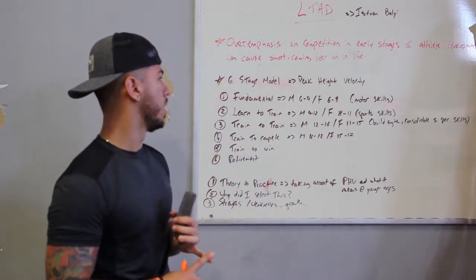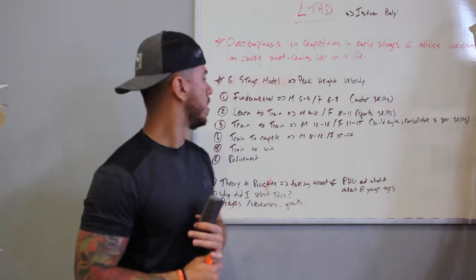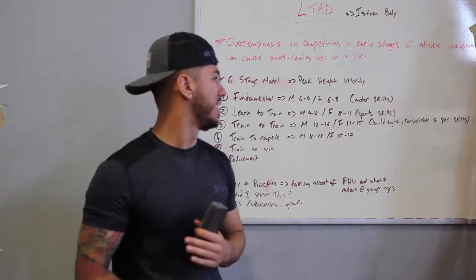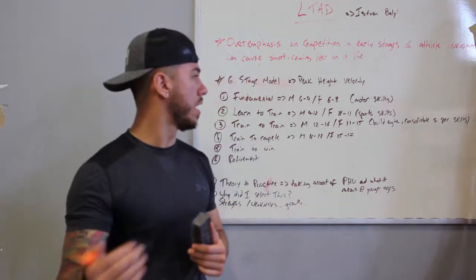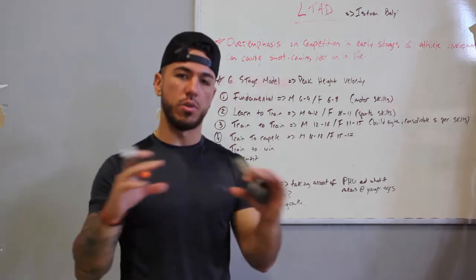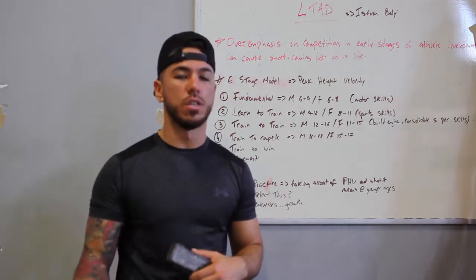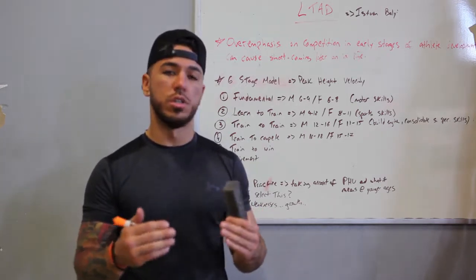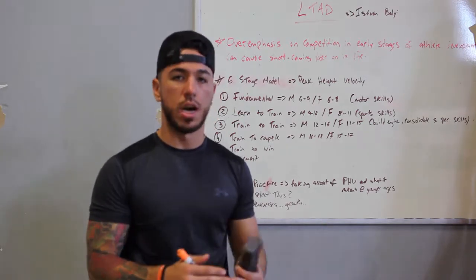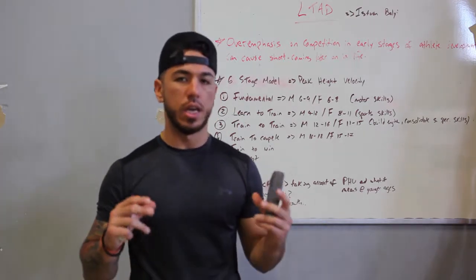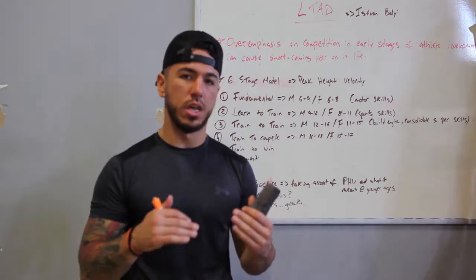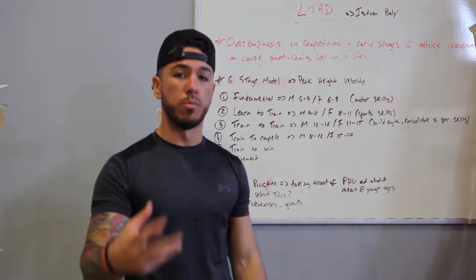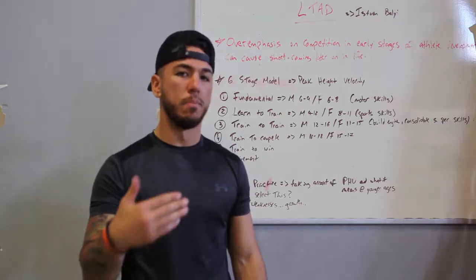Stage 1 of the 6-stage LTAD model is called the fundamental stage. This is in males 6 to 9 years old and females 6 to 8 years old, and this stage focuses primarily on motor skills. What the article says is that during this stage, the structure of activities should be well organized. However, it should be fun. There shouldn't be any sports specialization, and